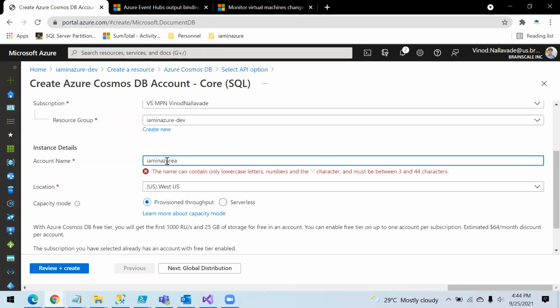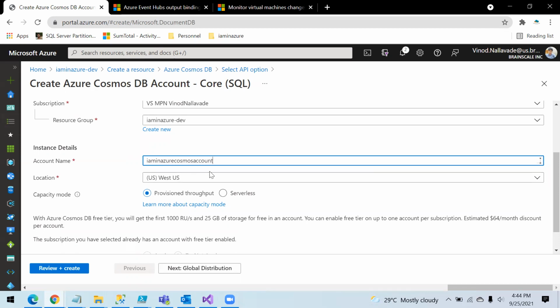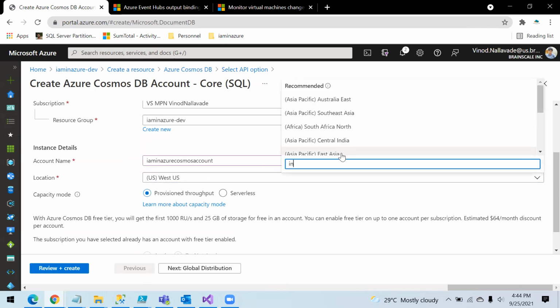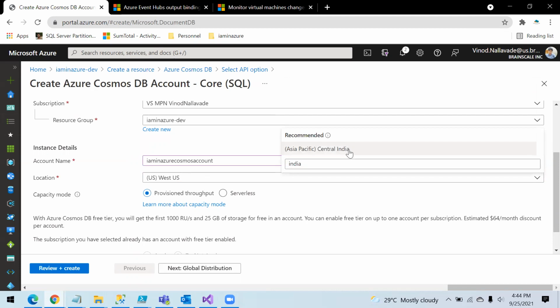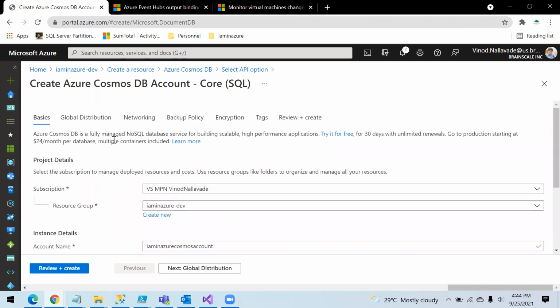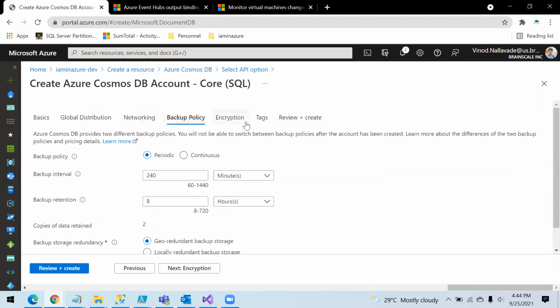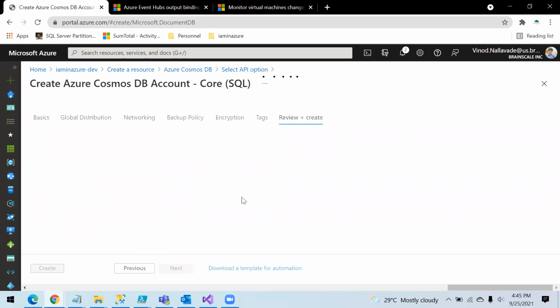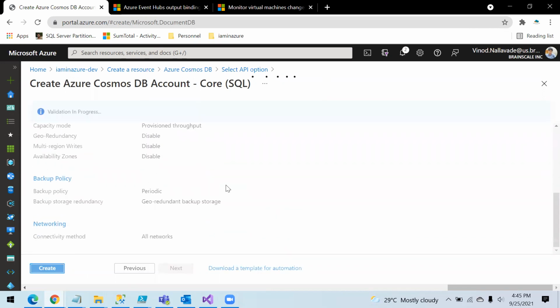So let me put the name as Cosmos account, and the region. Then I'm keeping the rest of the things default, and I'm going to create this.